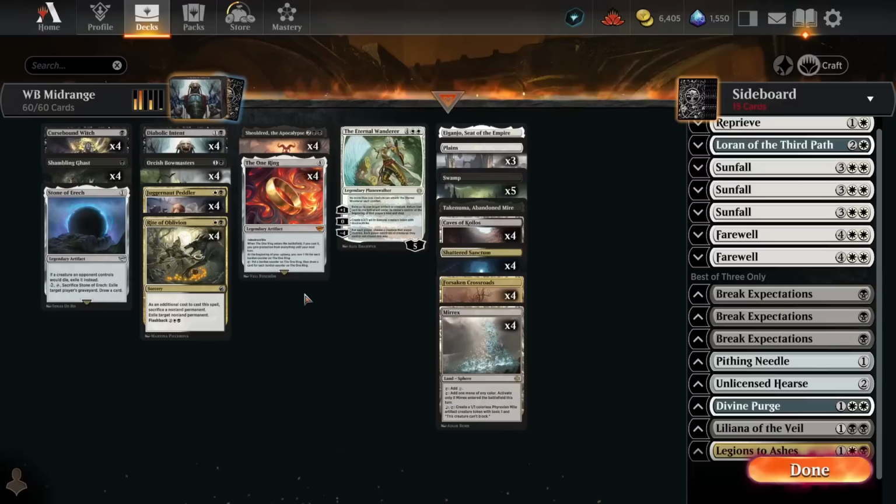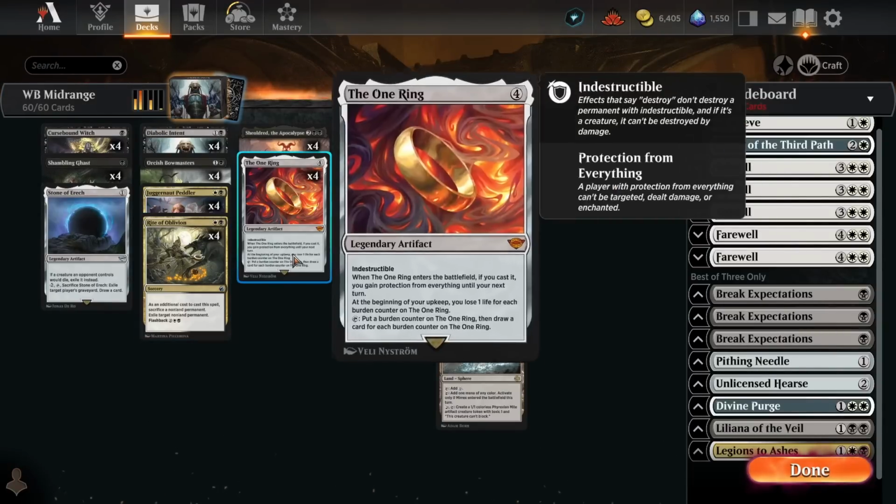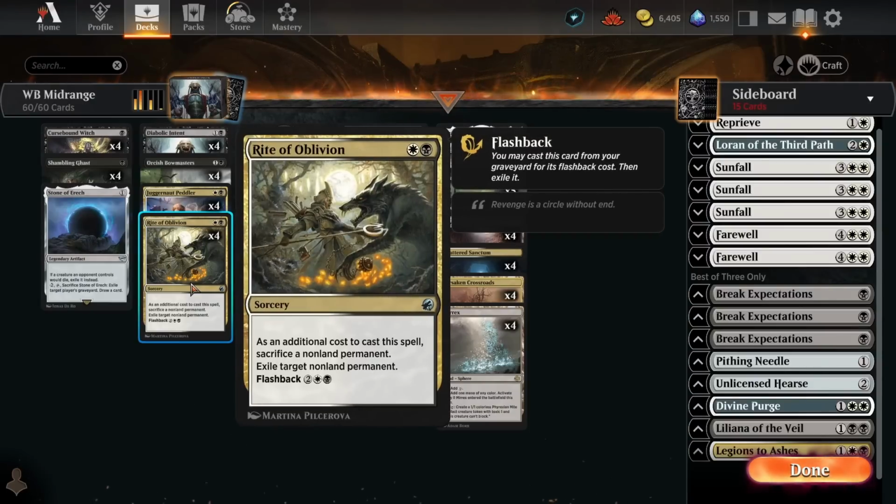but the ability for this to take out opposing One Rings is really important. The ability for this to take out Planeswalkers is really important, like Tasha and opposing Eternal Wanderers, and also the ability for it to take out artifacts against Anvil or enchantments against the ramp deck like Leyline Binding is really sick. So Rite of Oblivion just acts as a catch-all answer to everything,